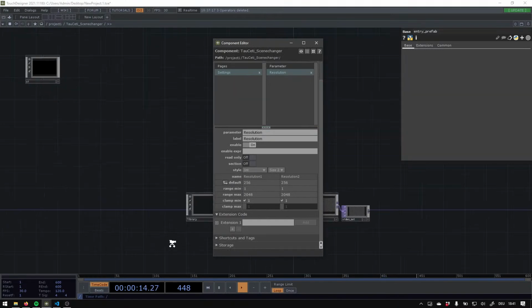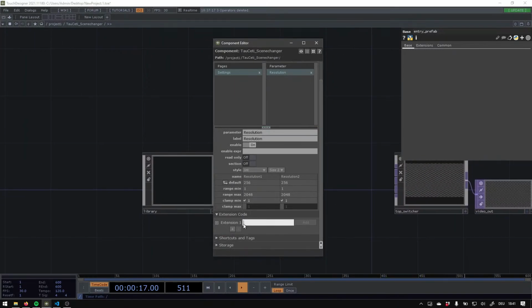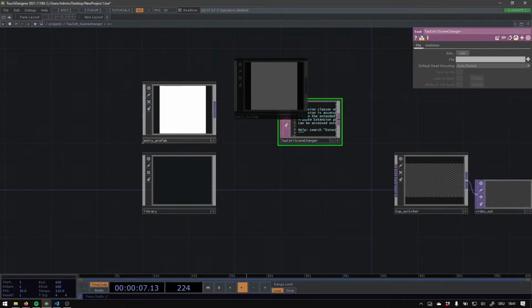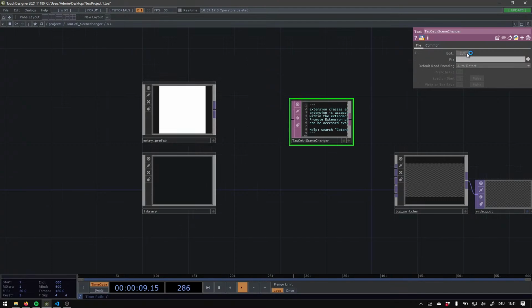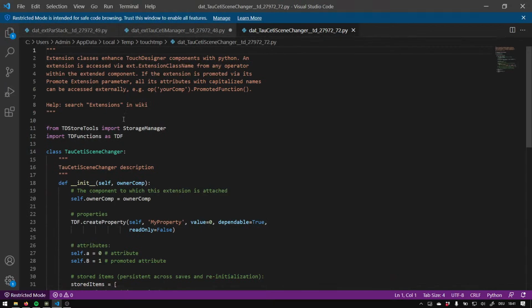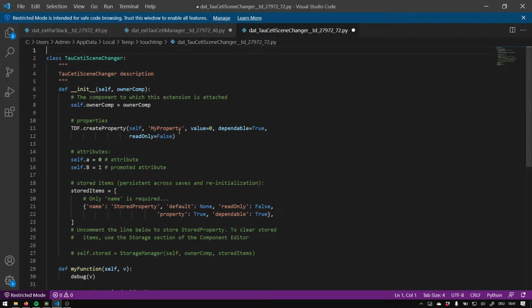Here we have our extension. And we're going to call this one TauCeti Scenechanger. Quite easy. Okay, and oops, gonna move this one over here. Get rid of all of this,